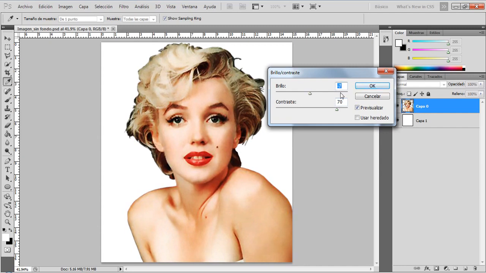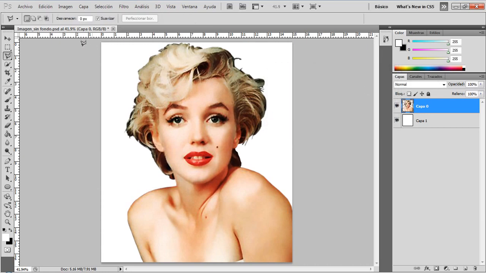So once you have a good look of the color of your image, you are going to